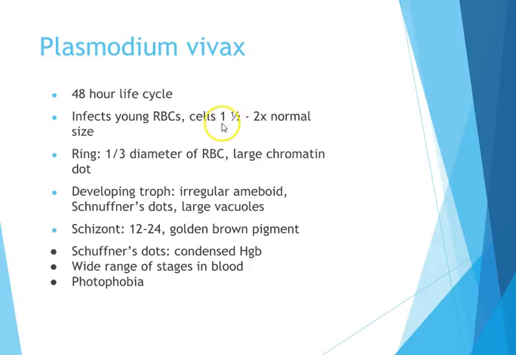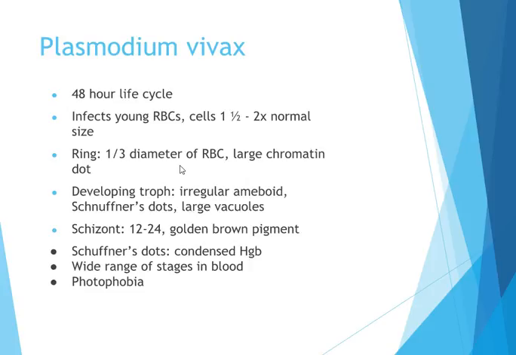Vivax infects young red cells, so one of the things that you do to help you identify them is to look at the size and the morphology of the red cells. It infects young red cells, so these are cells that would probably be polychromatic, and they're going to be 1 1/2 to 2 times the normal size of a red cell, so they're going to be enlarged. Okay, the ring form takes up about 1/3 the diameter of the red cell, and it has 1 chromatin dot